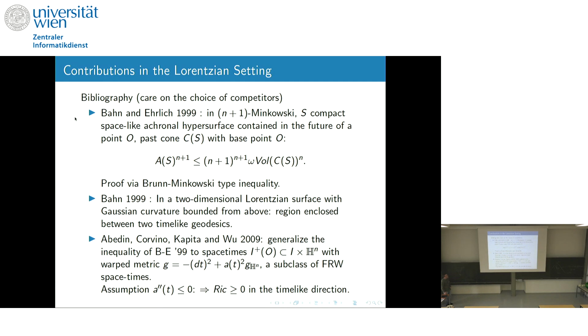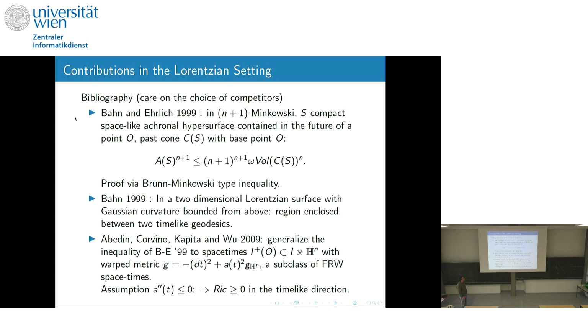And then almost 10 years later, there's this contribution by Abedin, Corvino, Kapitan, Vu, who generalized the inequality by Bahn and Ehrlich to a slightly more general framework, where instead of having just t squared, as you would have on the Minkowski spacetime, they consider a more general weight in front of the hyperbolic metric, and they proved the same inequality for a subclass of the Friedmann-Robertson-Walker spacetimes,